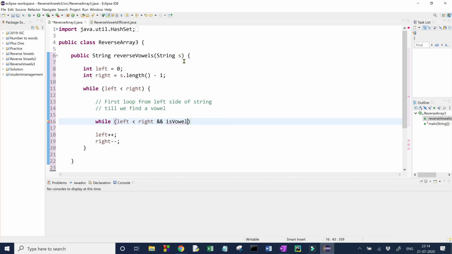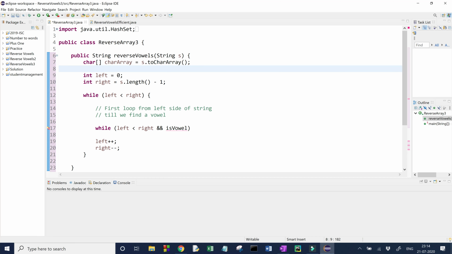One more thing, since we have to swap the values of characters in this string, first of all we will have to convert it into a character array. Since our string is immutable, we convert it into a character array which is mutable, where we can do the swaps.